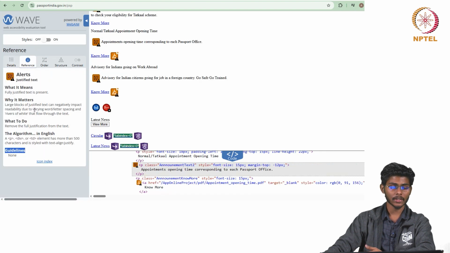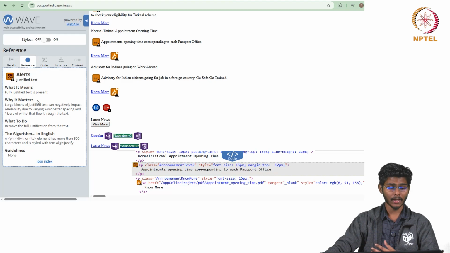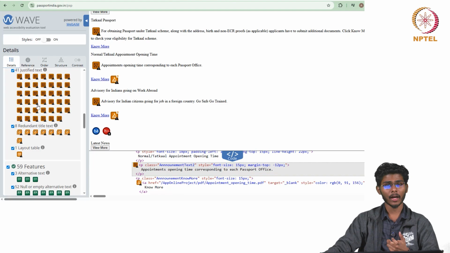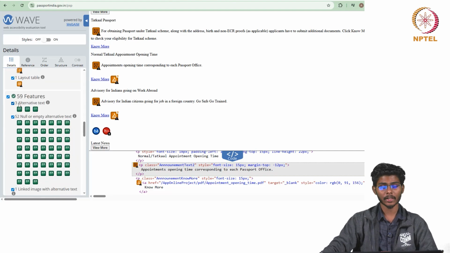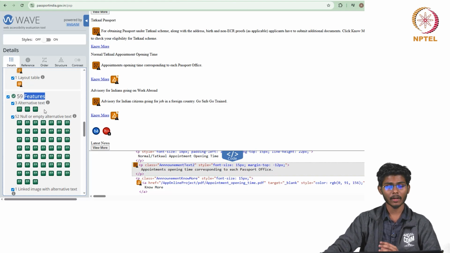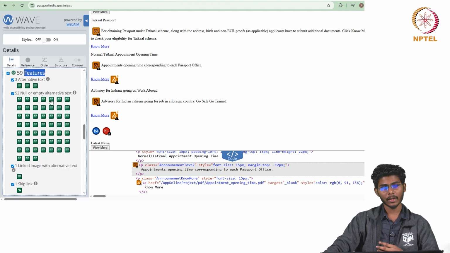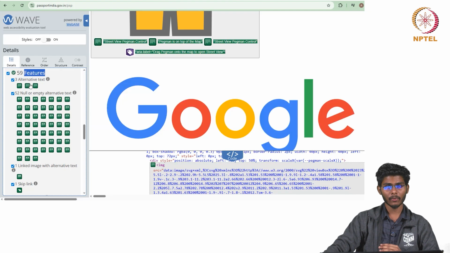And for justified text, what is justified text? If there are any large blocks of elements or any word spacing and word alignments and sentence alignments, these are the justified text and these can be changed from the HTML front end. So, coming to the features. Features are actually the positive impact of the interface, where it generally tells how well the accessibility features are implemented,